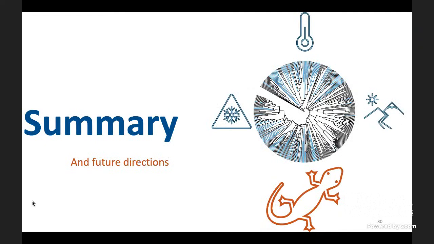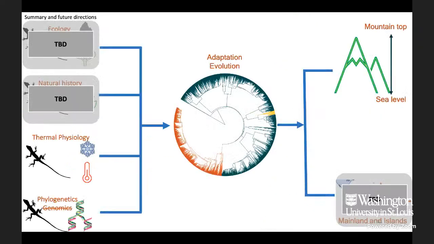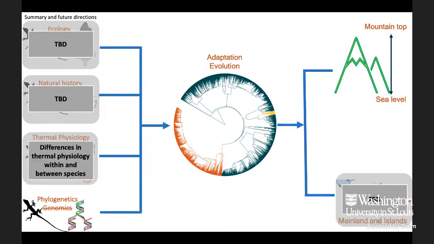All right, kind of a summary. Again, let's show you the same slide I showed you before. All of these things are going to be determined or worked with in some amount during my thesis. But we found that thermal physiology is changing between and among species. They basically follow the same pattern: CT min and CT max are decreasing as you go up in elevation, and those two physiological traits are evolving at a different rate,